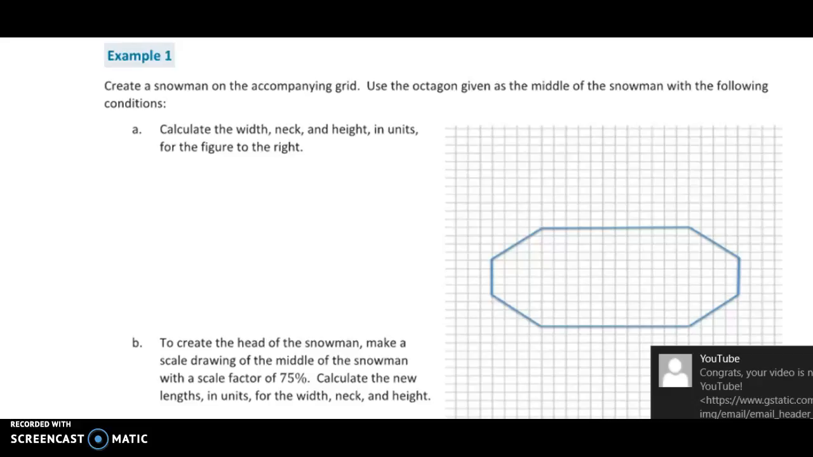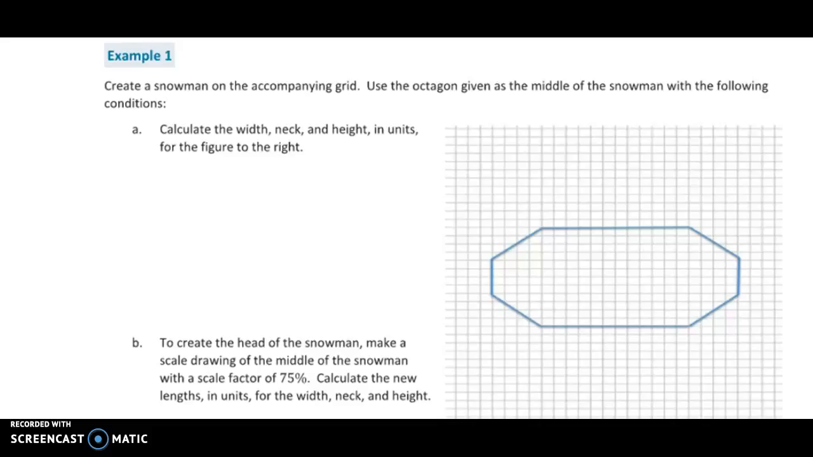So note letter A says calculate the width, the neck, and the height in units for the figure to the right. Okay, because it says this is the middle of the snowman, this is where we're going to start. The first thing it's looking for is the width. Now they're talking about the width, they mean the whole way from this left side over here to this right side. How wide is the entire shape? All right, so go ahead, count it up. Make sure you got the same number as me here. The width is going to have to be